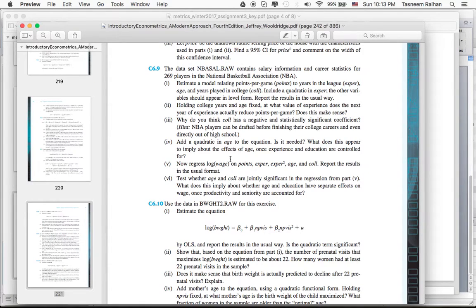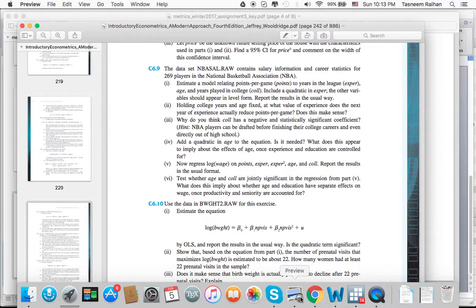So question 5 asks you to run a regression of log wage on points. You can do that using the regress command. Very simple. Then question 6 asks you to test whether age and college years spent in college are jointly significant in the regression from part 5. All that you have to do is, after you have regressed this model as stated in 5, run a new command for 6 to test whether age and college are jointly significant. For that, you just have to write